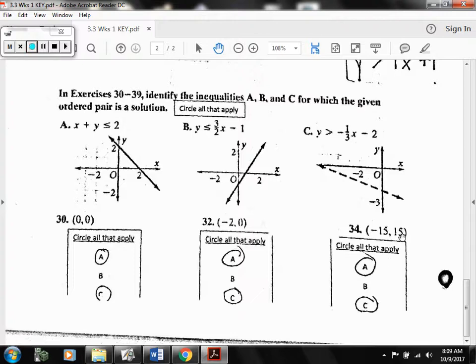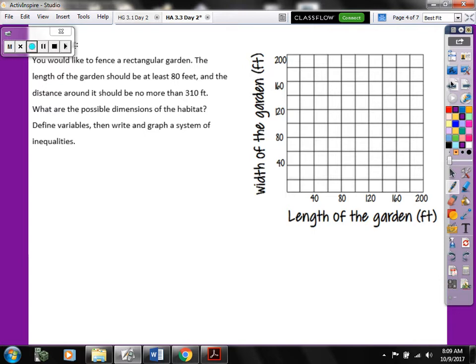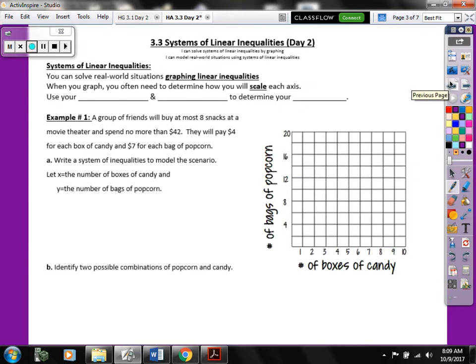And you did have to picture for this one, going off the graph, how it would show up. If you wanted to also, since this one went so far off the graph, you weren't sure if maybe it did fit in, you can plug in negative 15 for x and positive 15 for y to check them algebraically instead of graphically. So today all we're going to do is add in word problems, and then